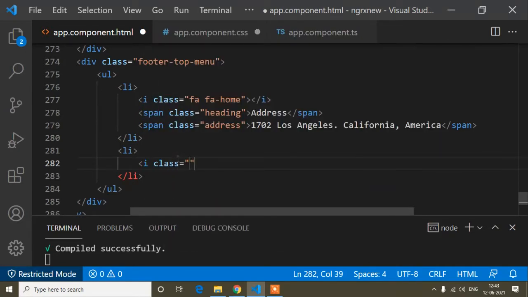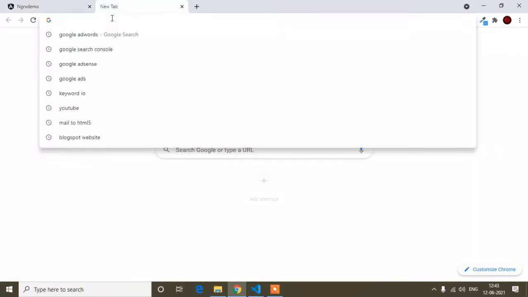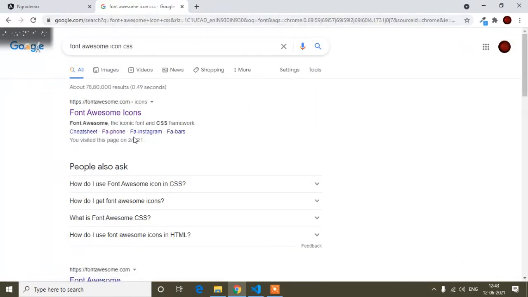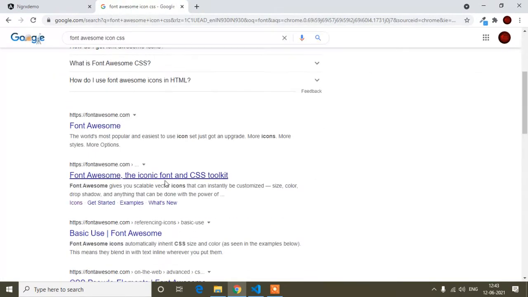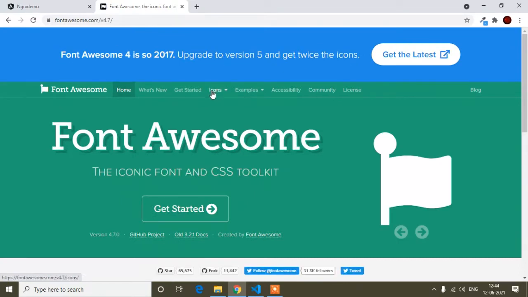So i class fa and fa-envelope. Okay, so this class name I already remember. If you don't remember, you can do one thing, just open Font Awesome icon css. After opening that one, you will find this Font Awesome icon, this one. Otherwise you can click the first link also, and here you will find this icon tab.